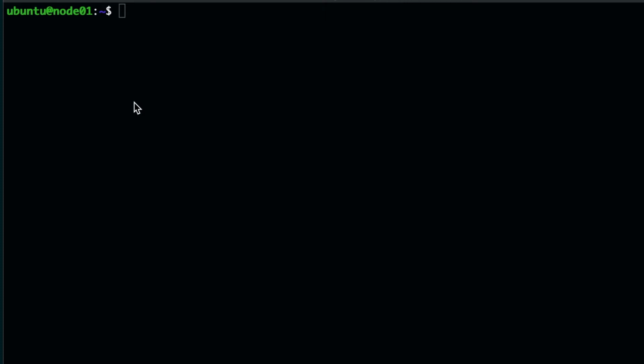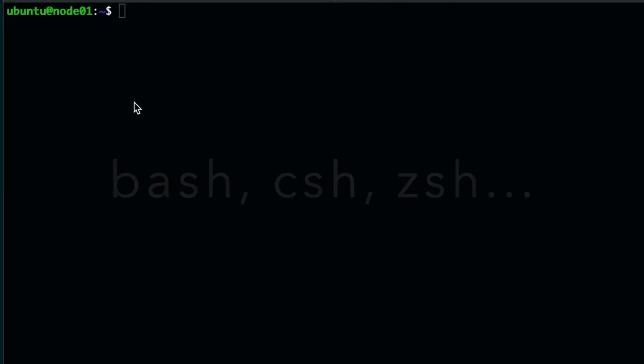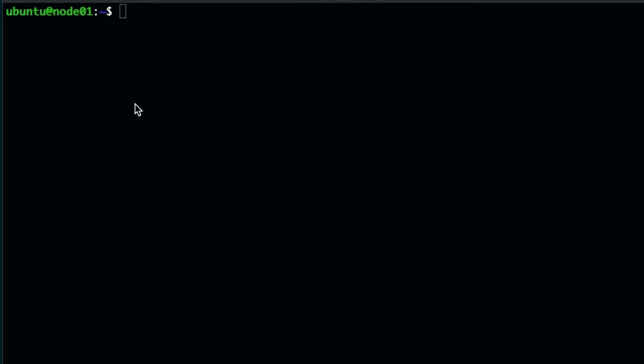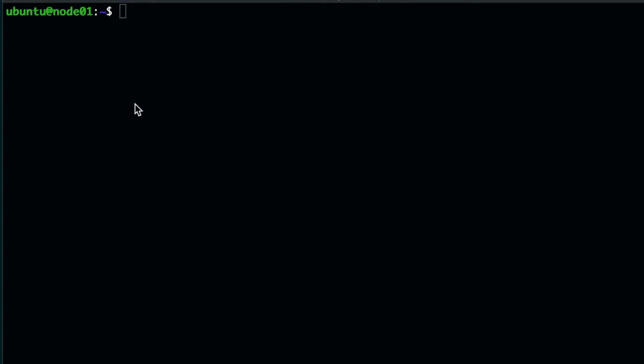All right, let's start. So today we will explore bash command line. But first let's talk about shell. Actually, there are more than one shell you can use, like bash, C shell, ZSH, etc. As you know, Linux is an operating system. Kernel is the heart of it. As users, we need an interface to interact with the kernel. On Windows, you have that graphical UI to interact with the OS. On Linux, we prefer this black command line you see on the screen right now.